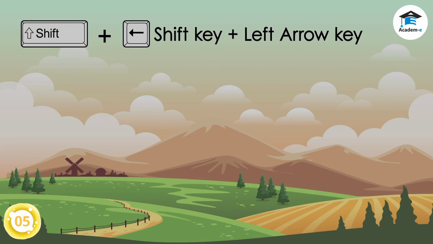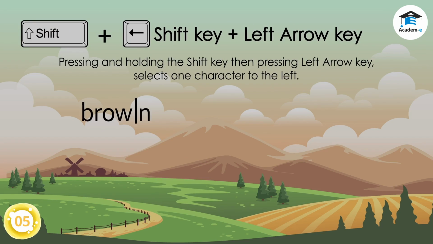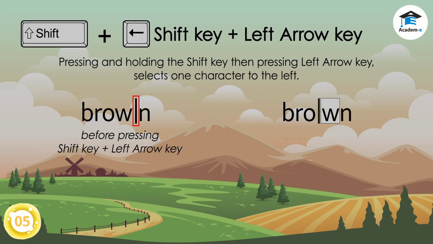Shift key plus left arrow key. Pressing and holding the Shift key, then pressing left arrow key selects 1 character to the left. Before pressing Shift key plus left arrow key, after pressing Shift key plus left arrow key,